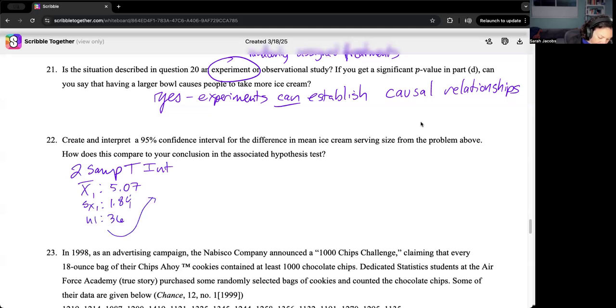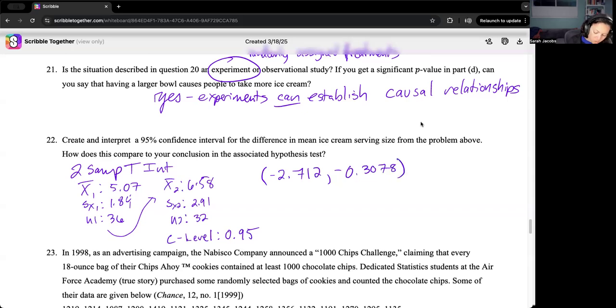x bar 2 should already be there as 6.58. Standard deviation 2 should already be there as 2.91. And sample size 2 should already be there as 32. Now, the C level, the confidence level, we're going to put as 0.95. We never need to do it pooled, not for this class. So we're going to calculate that and get our interval. So because of the way I plug these in, my interval goes from negative 2.712 to negative